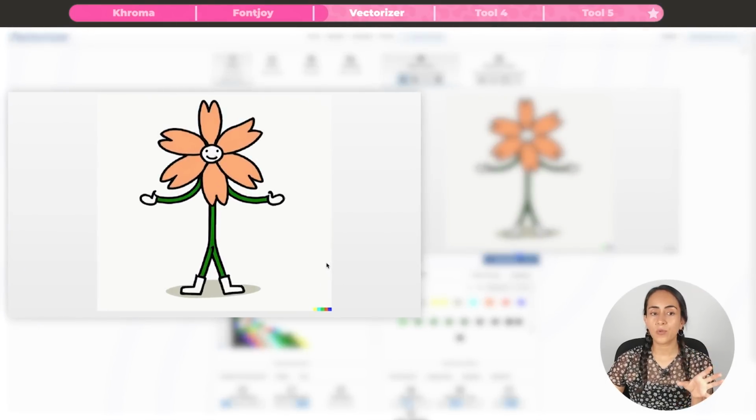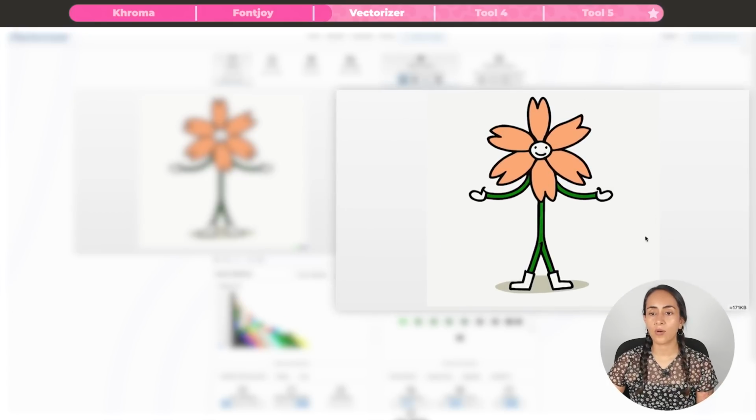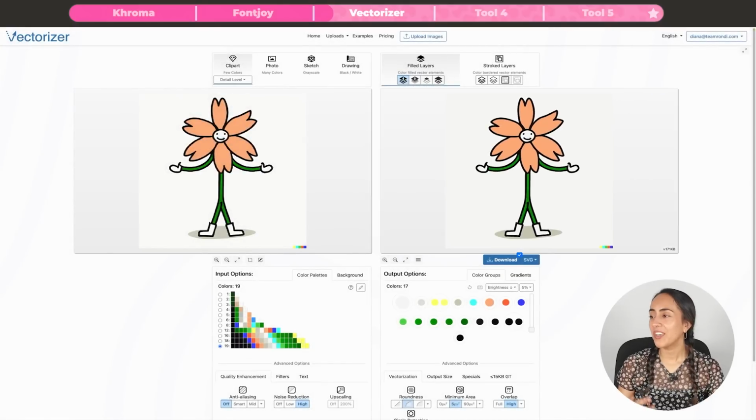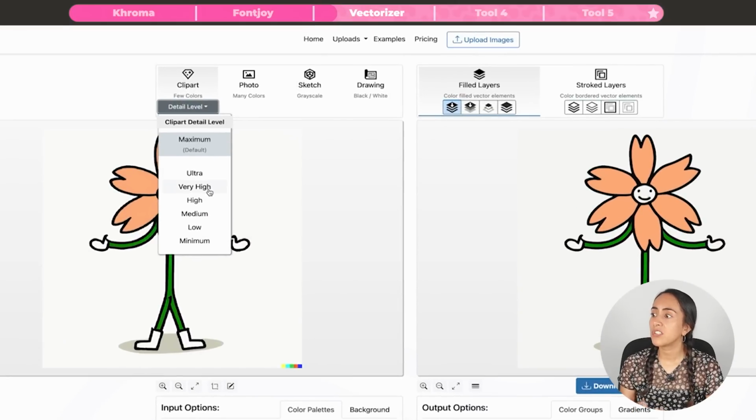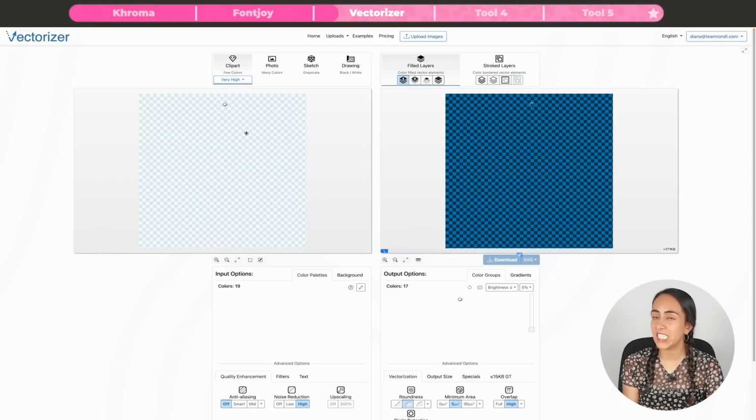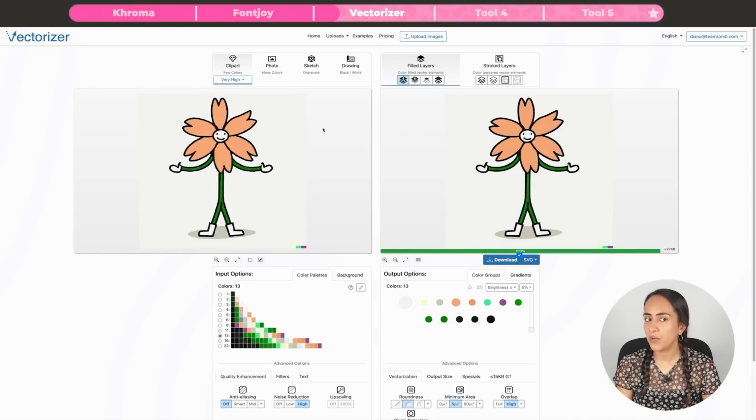Now in here what we see is the original image that we uploaded on the left hand side and the vector file on the right hand side. From here you can customize the image that you uploaded to enhance the vector. You can use this drop down to increase or decrease the clip art detail level. I'm gonna leave it to very high. I actually don't need too many details on this vector. As you can see, the image is pretty simple, so the less details the better for me in this particular